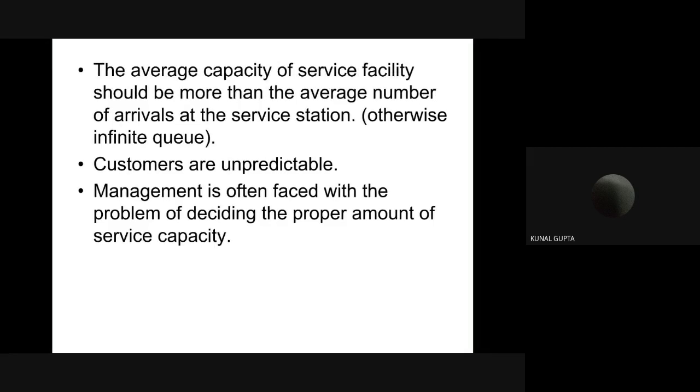For example, if there is a regular queue in front of the ATM, then the bank has to decide to install a new ATM. If there is a long waiting queue at the reservation,